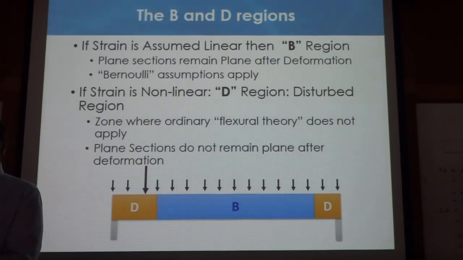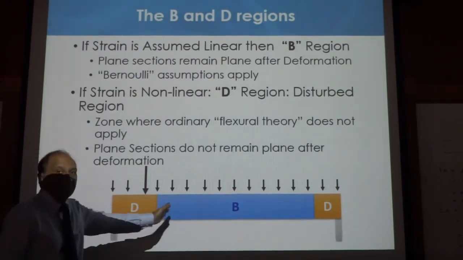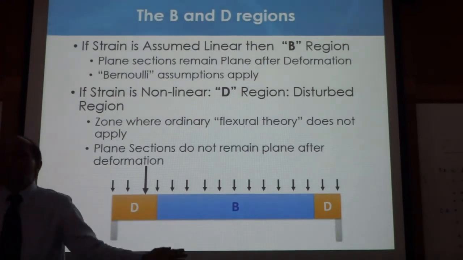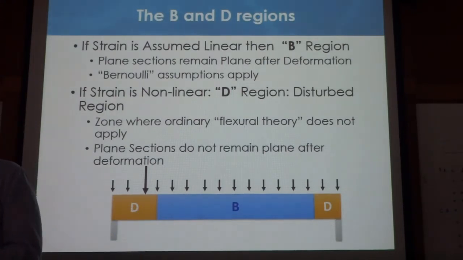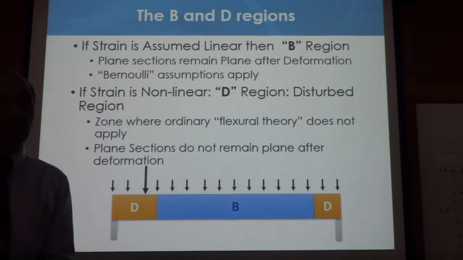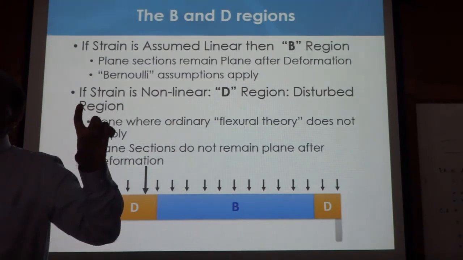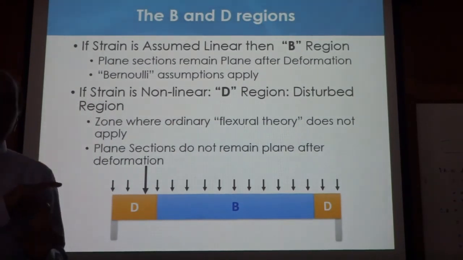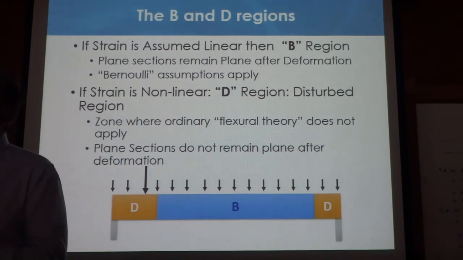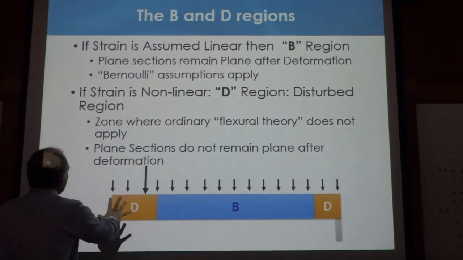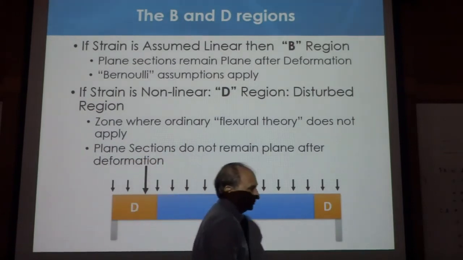That concept that we are studying can actually be easily extended to B region and D region consistently. There is no problem with that. Okay? And we will argue why we can use it and why ACI does not want you to use it. Later, one of the assignments you will do is to compare the design of a beam using the ACI normal method and using the strut-and-tie method, and you will hopefully find that there is not much difference. Right? So we'll talk about that very soon. But for now let's assume that we are going to use this approach.